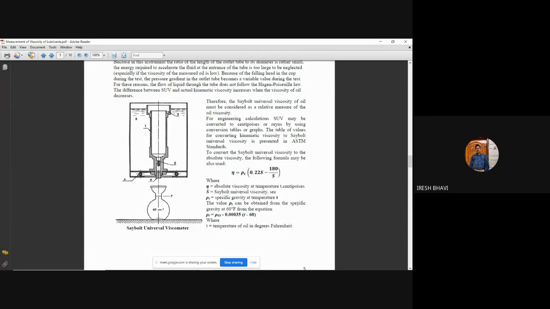What is specific gravity? It is the measure of density of the oil, mass density of the oil. For example, suppose 1 liter of oil measures say 900 grams, and you know that 1 liter of water measures exactly 1000 grams. That is why the specific gravity of water is exactly equal to 1. Suppose 1 liter of lubricating oil measures say 900 grams only, then the specific gravity of that lubricating oil is 0.9. Is it clear?